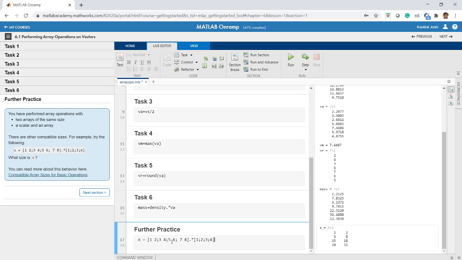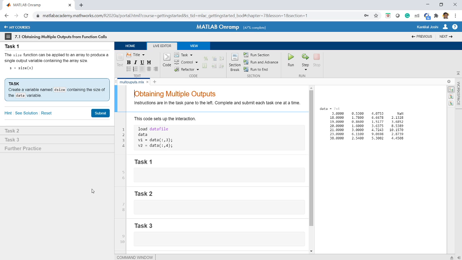So array operations are basically what you do in matrix multiplication and so on. These same things are done in MATLAB as well. The only thing is, you have to remember the difference between the star operator and the dot star operator. The star operator is used for matrix multiplication and the dot star operator is used for element by element multiplication. Okay, so let us move on further.